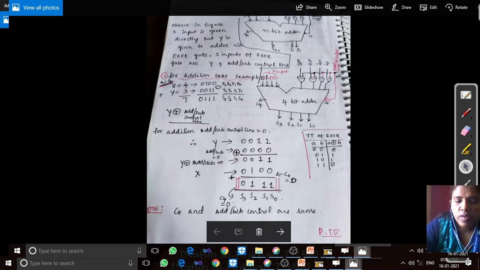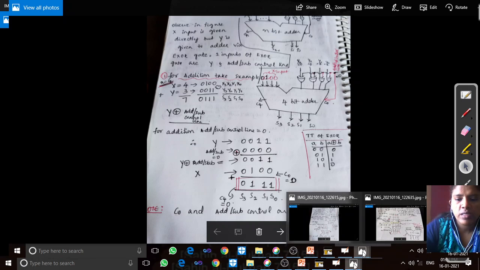C4 is 0. C4 is the carry from the S3 bit. If your S3 is generating the carry, your C4 will be 1. If it is not generating, it will be 0. Now, one thing you have to note here is C0, that is input carry, initial stage carry, and adder subtract control line are the same. You can see here, it is the red line which is given the same line for the XOR as well as the C0 input carry. Let us look at the next